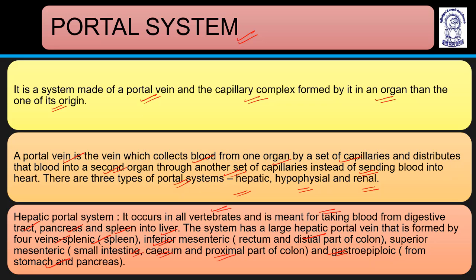So the hepatic portal system occurs basically in all vertebrates and is meant for taking blood from the digestive tract, pancreas and spleen into the liver. The system has a large hepatic portal vein that is formed by veins like the splenic vein from the spleen, the inferior mesenteric vein from the large intestine like the rectum and distal part of the colon, the superior mesenteric vein from the small intestine and proximal part of the colon, and the cecum, and the gastroepiploic vein which carries the deoxygenated blood from the stomach and pancreas. Okay,